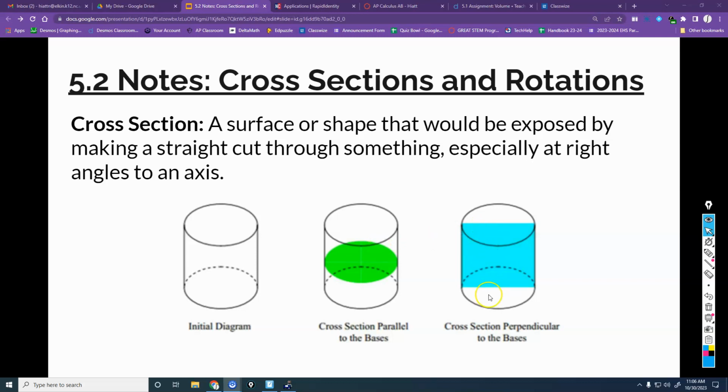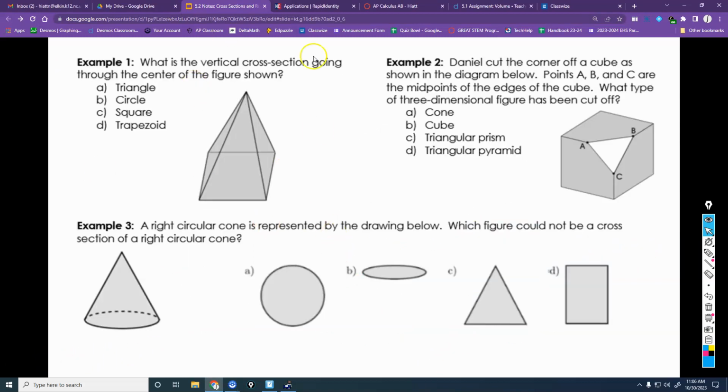Okay, so here's some of the types of questions that you may get. Example 1. What is the vertical cross-section going through the center of the figure shown? Some of those words got cut off on yours. I apologize for that. I set margins thinking it would help things, and it made it worse. If we are talking about a vertical cross-section of this,